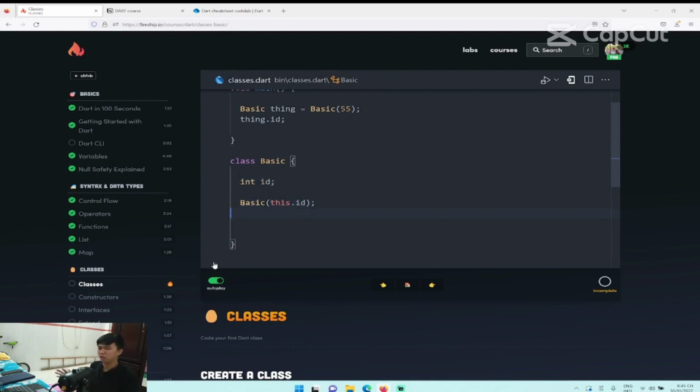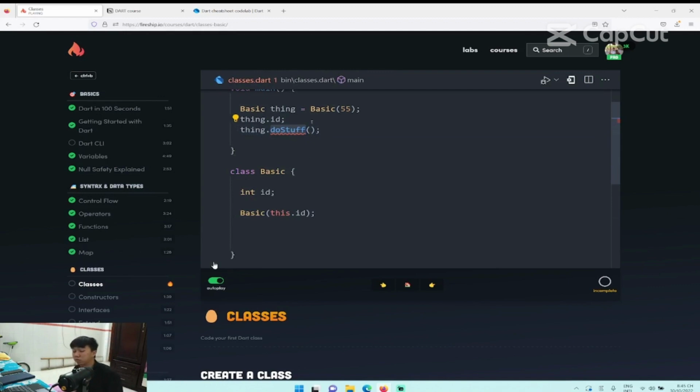So that's how instance variables work, but the other type of instance member that you'll want to define is a method, which is basically just a function that lives on each individual